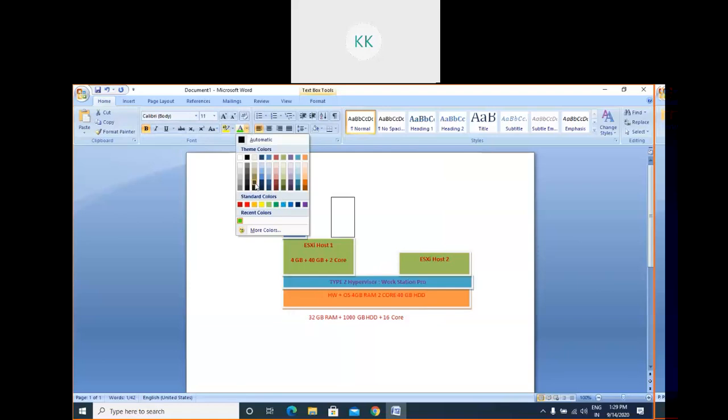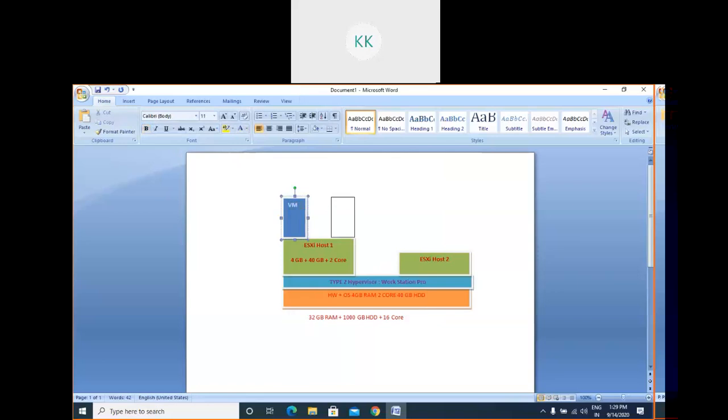Let's take this one. Say suppose VM1. So please understand these things. In VM1, now we make one calculation: how much bank balance or property is left after distributing everything.